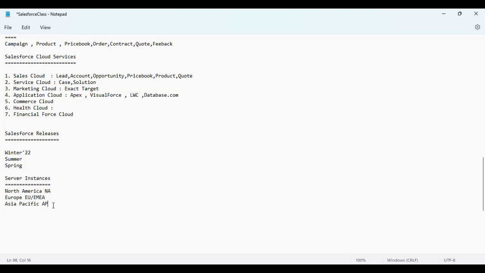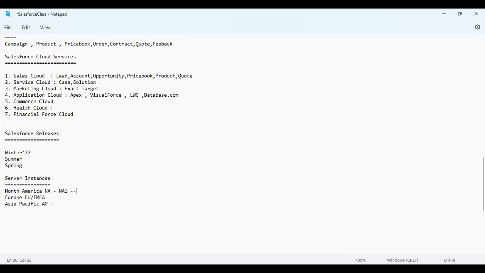So Salesforce would allocate some memory space to this customer, OLX, on the Asia Pacific server which it has. We have servers in each region, and the naming convention goes like this: